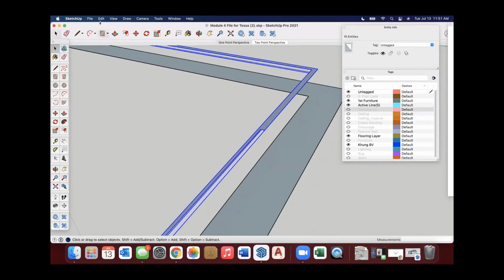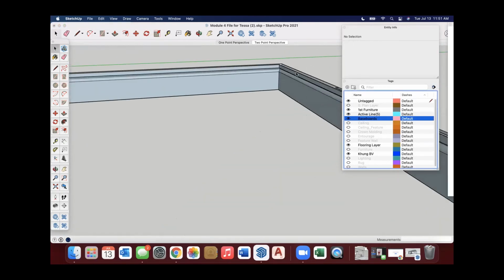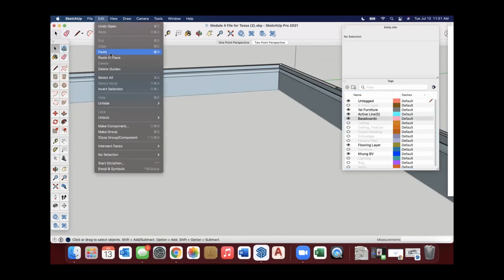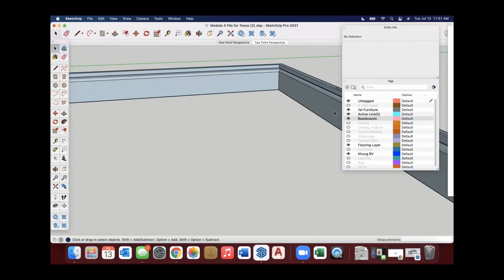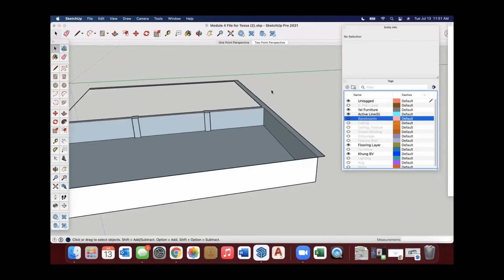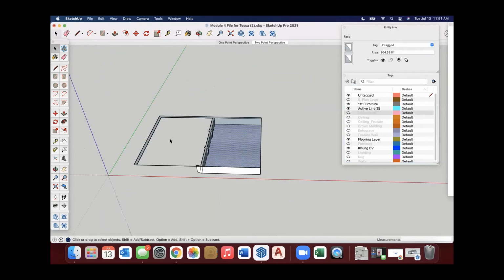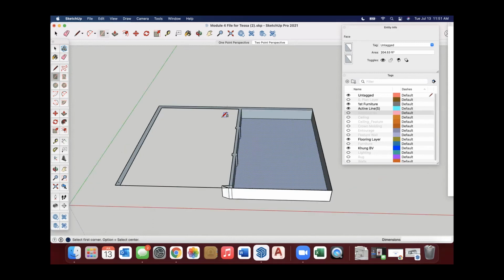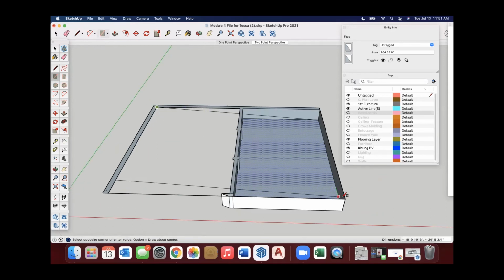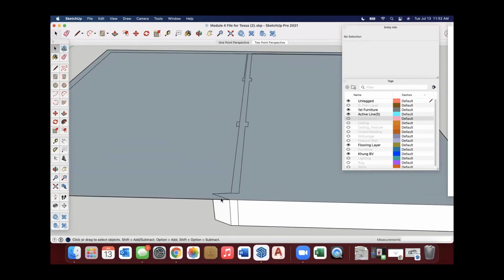All right. Edit, cut, turn on the baseboards, double click, edit, paste in place. There we go. Turn off the baseboards. Now, for the most part, besides this one little line, this is the last little section. So if the kitchen floor and the floor in the dining room are going to be exactly the same material, then I can draw a plane all the way across. Or if I want to have a couple different, I don't know what's happening down here. There's this weird little jog here. We can fix that.